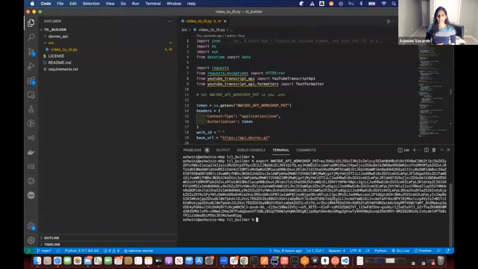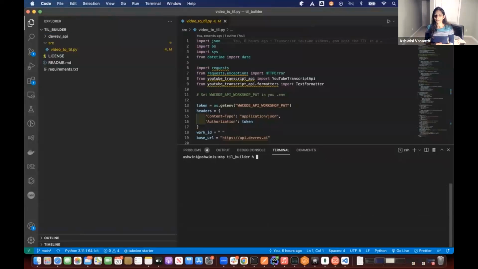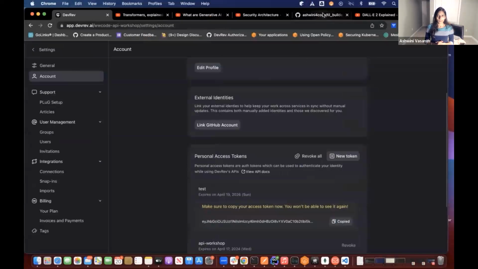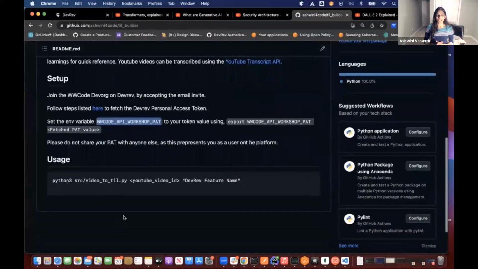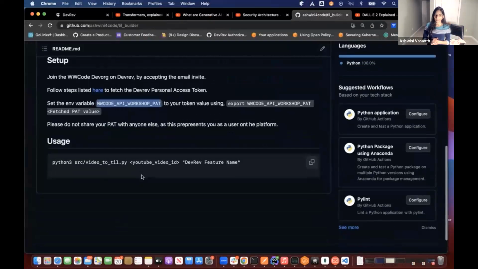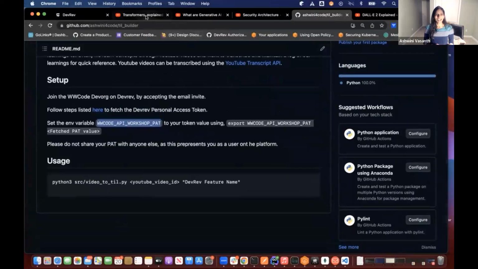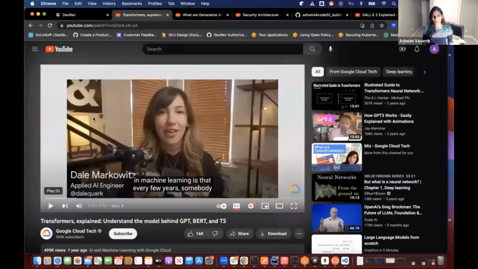Now, export it. This is basically according to what we saw in the README. So now you've exported the token because your program is going to use that token. And then there are some instructions. I do want to say I recorded this last night and I ended up revamping the code. So if you go to the actual open source repo now, you will see different instructions, but please follow whatever is in the open source repo at the moment.